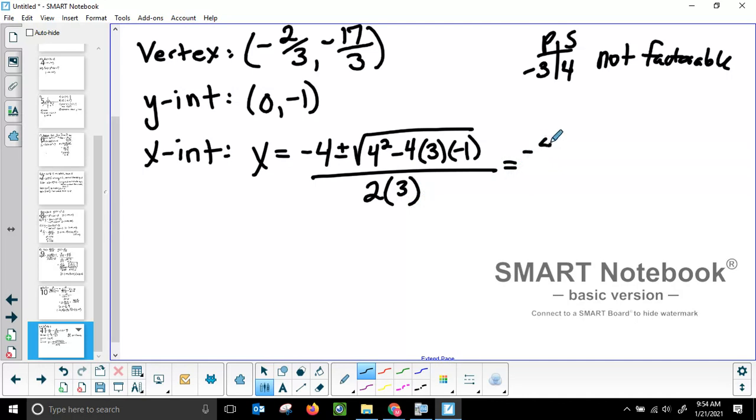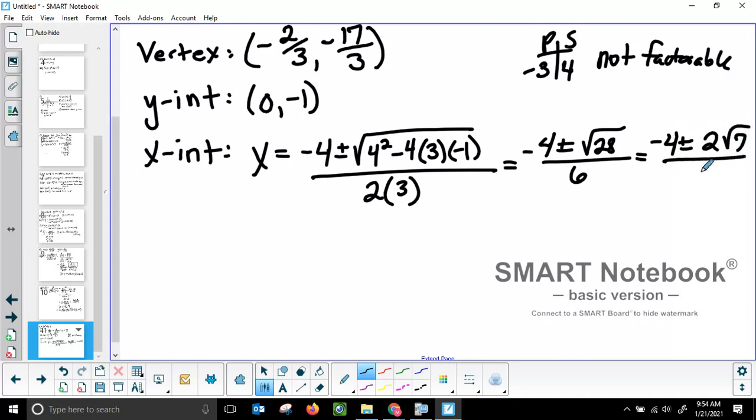All right, so negative 4 plus or minus, this is 16 plus 12 is 28 over 6,